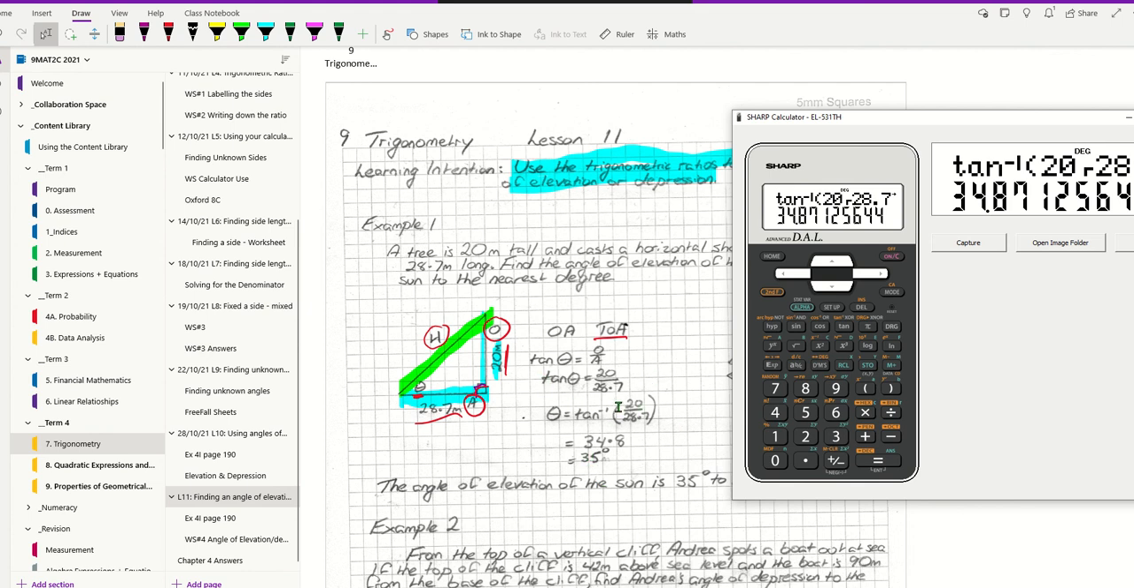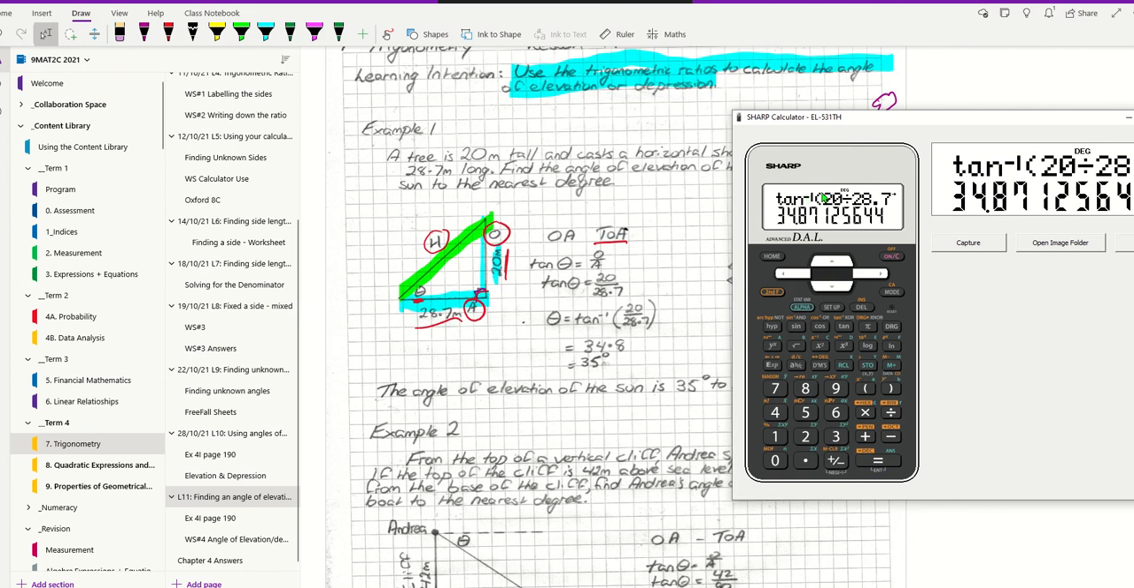The other way we can put it in is, instead of as a fraction, we can make that divide. Now, if we do that, we absolutely must have our brackets. So I'm going to show you that one, these divides. So we've got second function, 10, so it's 10 minus 1, put my bracket, and then I can go 20 divided by 28.7. So close my bracket, equals